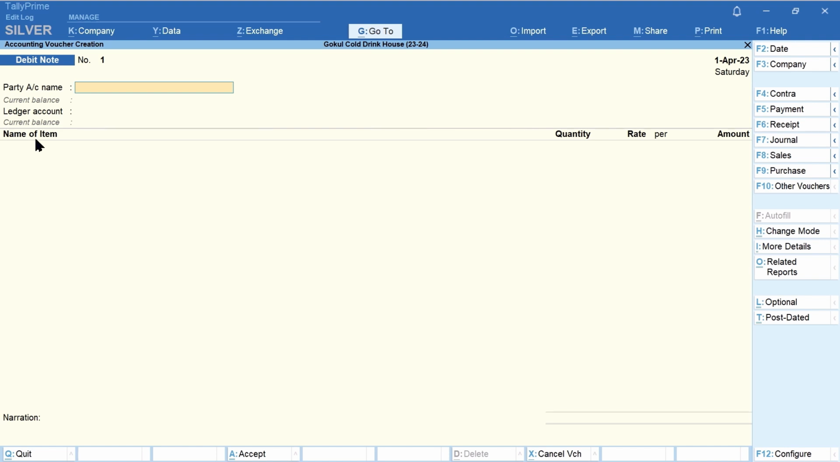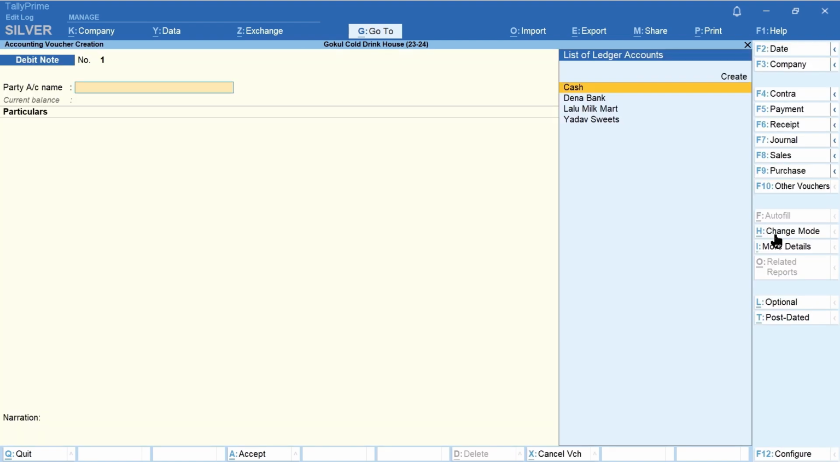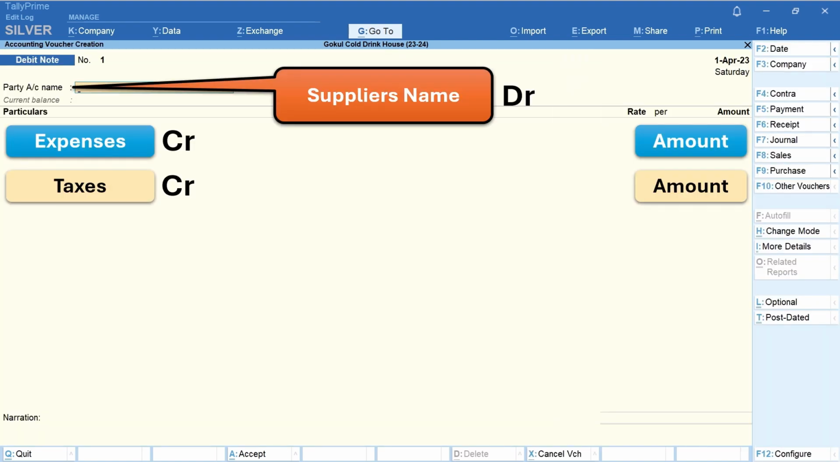In the case of a deficiency in supply by a service provider, we will deduct the amount payable to him. To record a deficiency in services, we will use the accounting invoice mode of the debit note. To do so, we will click on the Change Mode button and select Accounting Invoice. First, in the Party Account name field, we will select the supplier's ledger, which will be debited. Then, under Particulars, we will select the ledger for services received, which will be credited along with the relevant charges